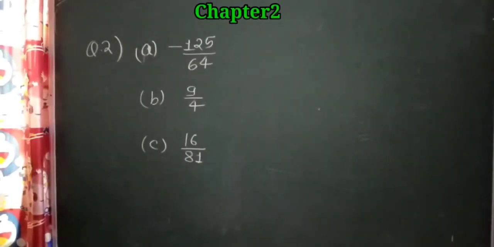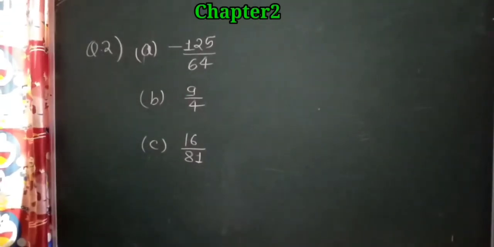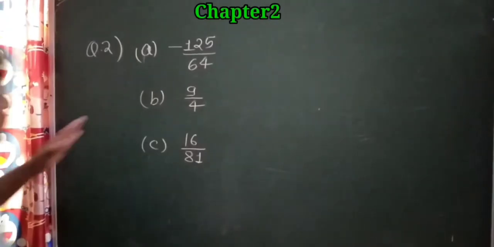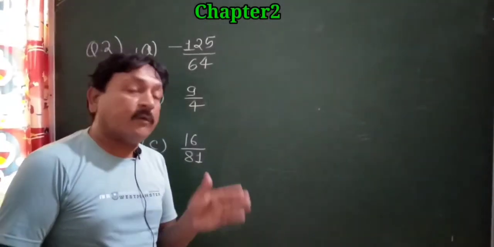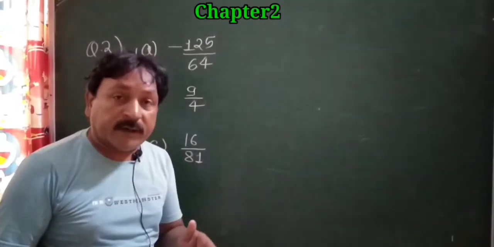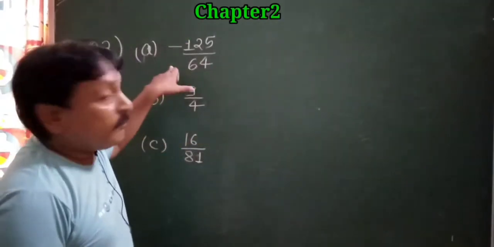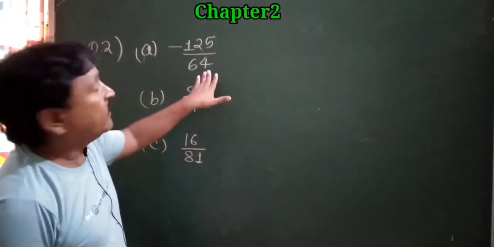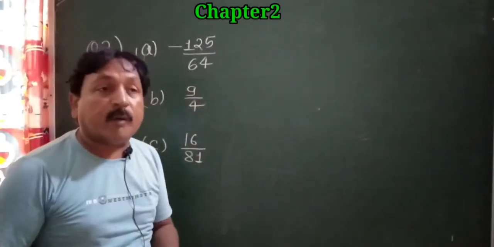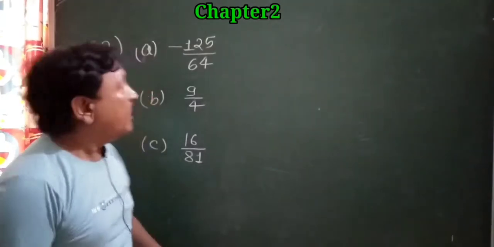Okay students, now see on the board question number 2. In question number 2 it is said, we have to express the given numbers in power notation. This means question number 2 is just the reverse of question number 1. In question number 1 it was given in power notation and we had to find the expanded form. In question number 2 the expanded form is given and we have to write it in the form of power notation. Okay, so how to do it?